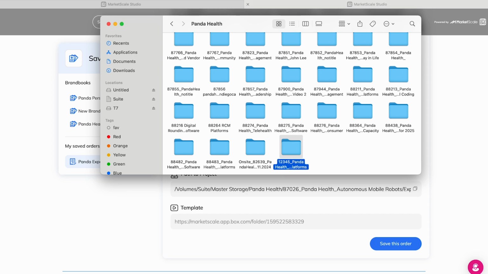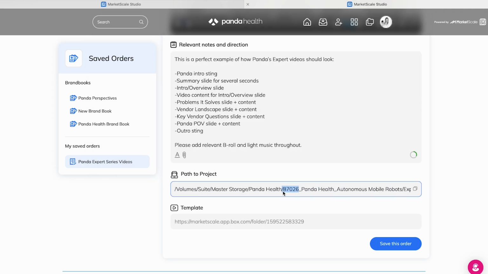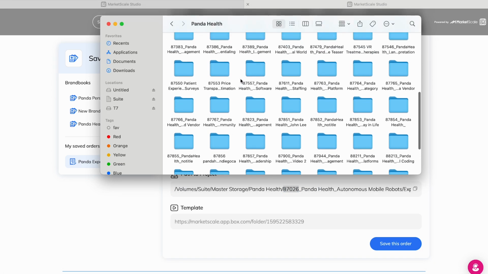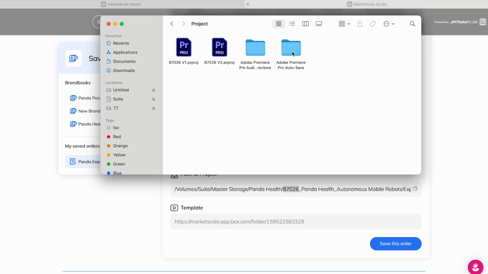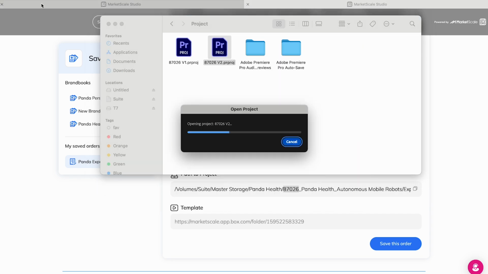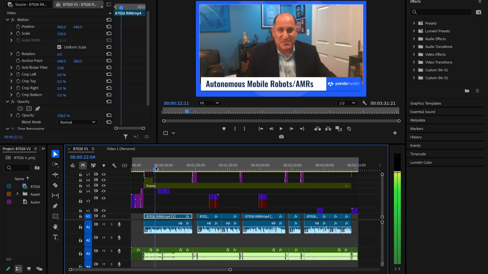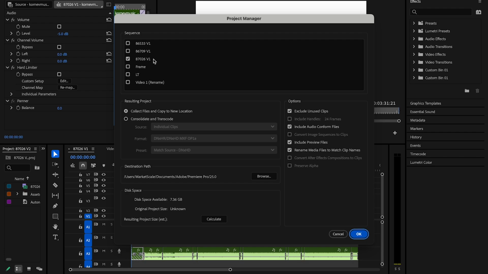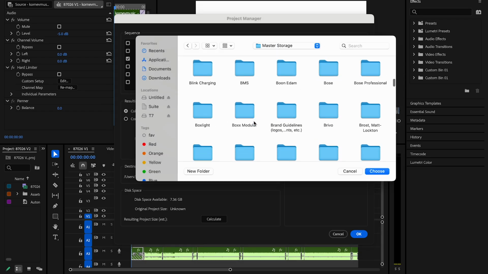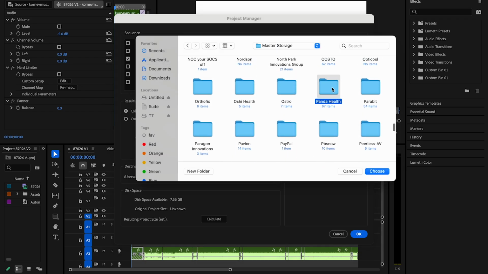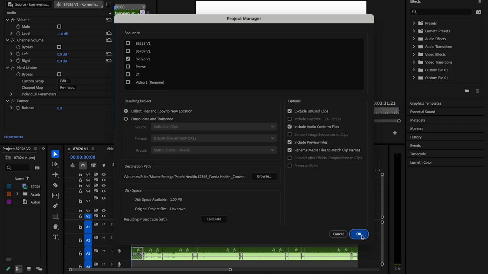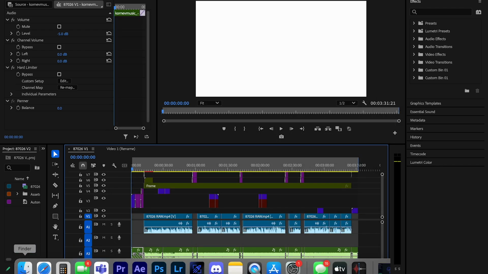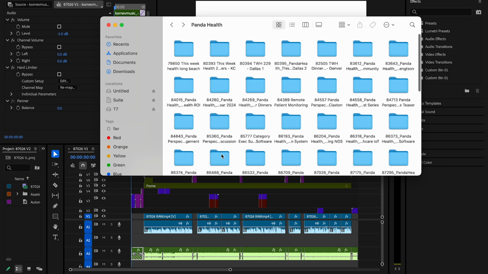Once I have the client folder ready, I'm going to go back to the saved order in Studio and find the project path for the order on Suite. Now I'm going to open up the most recent version of that project. And once I have the project and correct sequence pulled up, I'm going to go up to File, then to Project Manager, and be sure that only the sequence you need the assets from is selected. And then under Destination Path, I'm going to click Browse and choose the folder that we just created for your specific edit, and then click OK. Then I'm going to go back to Suite and go to that folder where the assets were just copied,